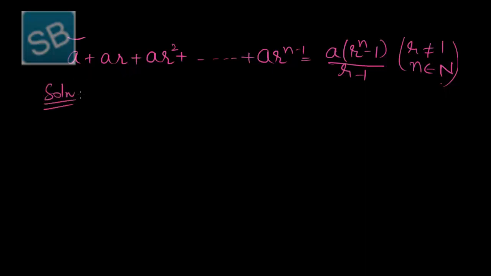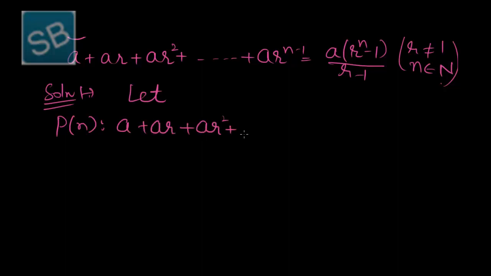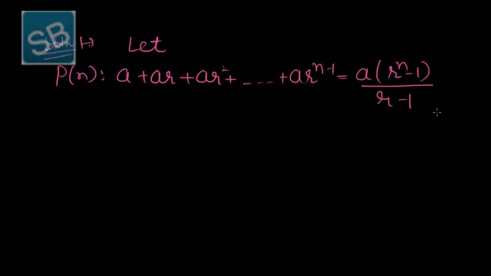Solution is that let P of n be a plus ar plus ar square up to ar raised to n minus 1 is equal to a times r raised to n minus 1 over r minus 1. So step 1,